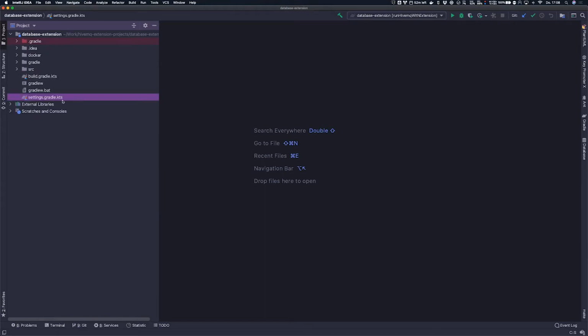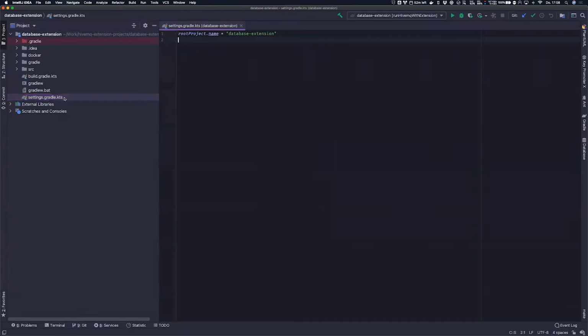And I'm using here the Kotlin variant of Gradle, not the Groovy one, but Groovy is fine as well, of course. First, let's go to our settings Gradle, and you can see we already have named the root project as the database extension. Anja will go into detail on what the extension does that we will develop today together. But the first step needs to be to tell Gradle to use the HiveMQ Gradle extension. So this is what we use